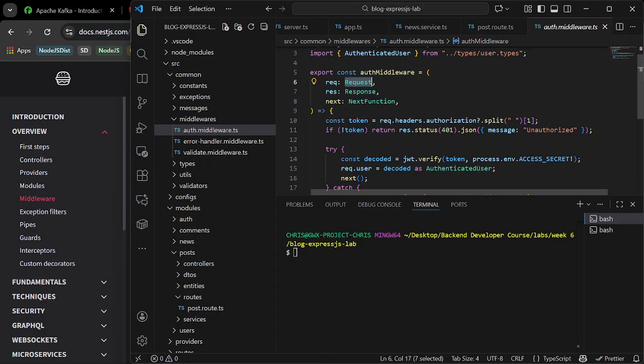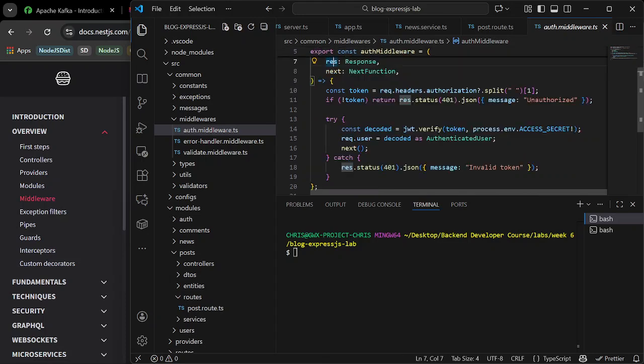That's basically what we're doing in this auth middleware. When the request comes in, we try to get the headers and the authorization. We're trying to extract the token that we need to validate the request. If there's no token, we reject the request and send the response immediately.